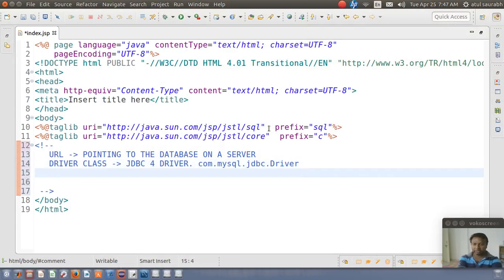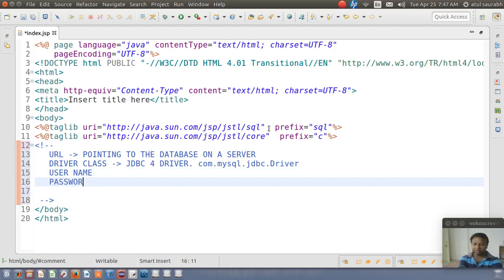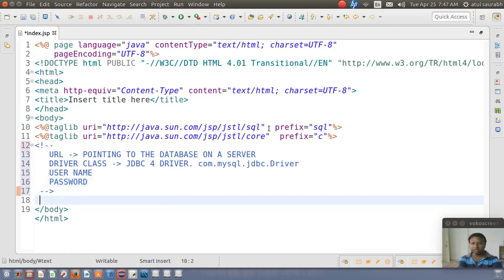The next information is the username. Actually, the username and the password are nothing but credentials to unlock the database. If the database is locked by a username and a password, then we require these two pieces of information. These are required while connecting with any database.